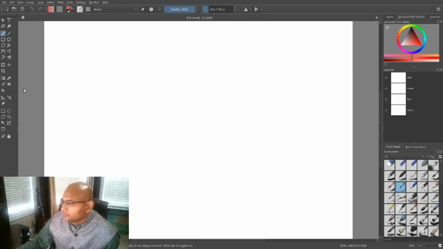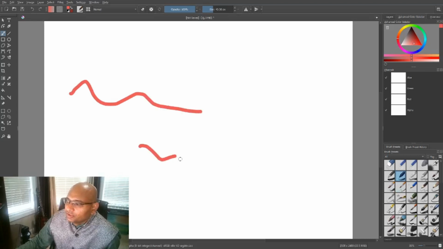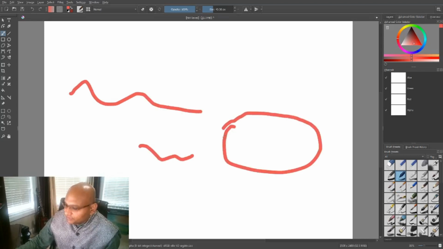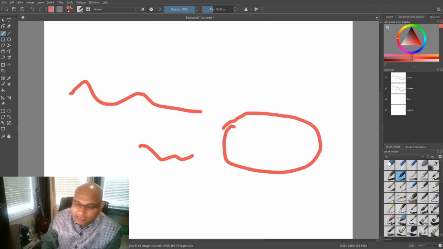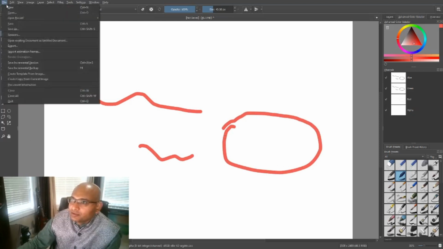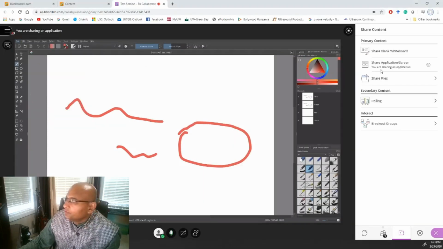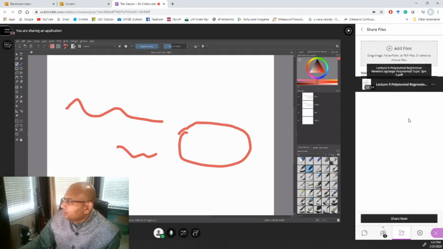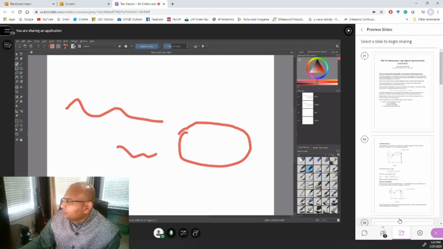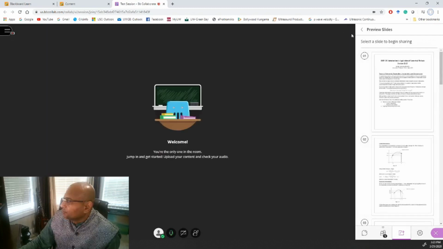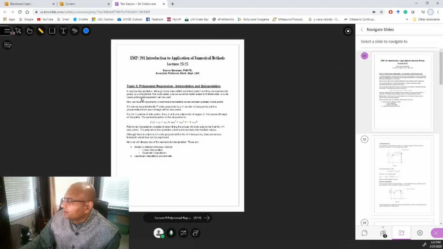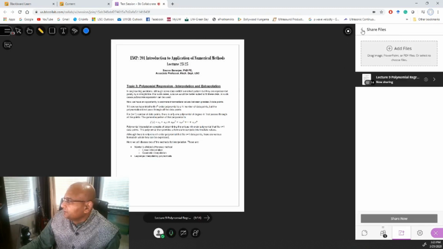Now this particular screen, whatever you want to draw, want to write, is very easy to do using the tablet and pen. Let's go to the window here. Now whatever you have explained, if you want to change to your PDF file, you can go share now, stop sharing, go back here, and you can go to the PDF file. Next,